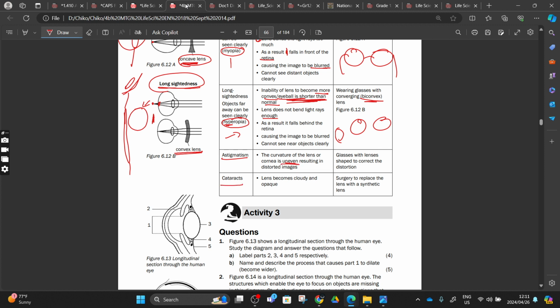Astigmatism is when we have an uneven lens and cornea. And then the glasses with a lens correction could be distorted. Here we want to prescribe certain glasses that can distort that image, so that they can fix it, right? If you are saying that your cornea or your lens is bent inside, we talked about this yesterday. If you're saying that your lens is not bending inside, we will need a convex or a concave lens,